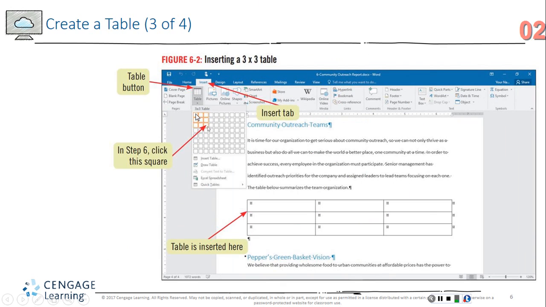Probably the easiest option is to use the blocks here, and you will just hover over the number of columns and rows that you would like. So for example, this table here that's been inserted into the Word document, that is what we call a 3x3 table. It's got 3 columns, 3 rows, and that was inserted by hovering over 3 columns and 3 rows. So you would hover over this block, and that will insert or allow you to insert a table that has 3 columns, 3 rows. Okay, so then the finished product is, this is what it'll look like once the table's